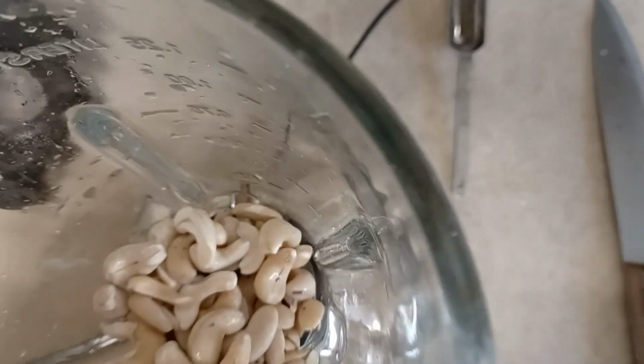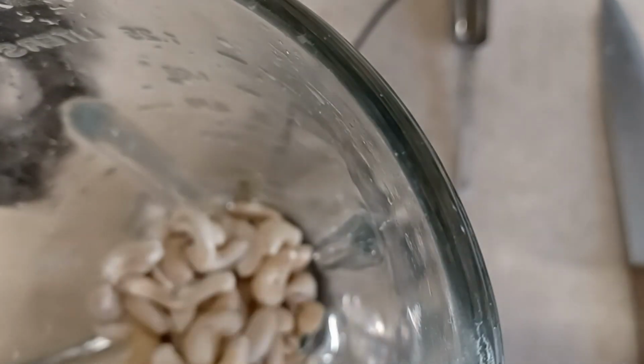You've activated the aliveness because they're seeds, you know, nut seeds. They're alive. Anyway,